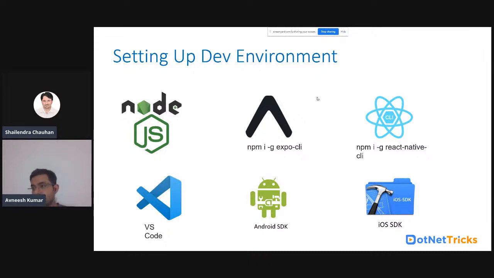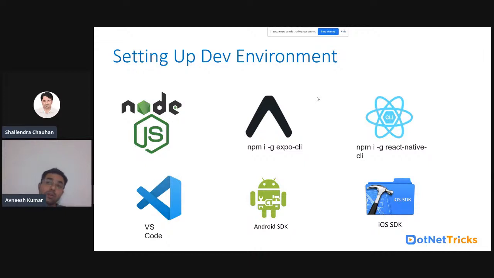In React Native CLI, you will be learning the challenges, errors, warnings, and everything. In Expo CLI, it will be less because it has already configured everything for you. You just need to code and that's it. You don't need to worry about the configuration.